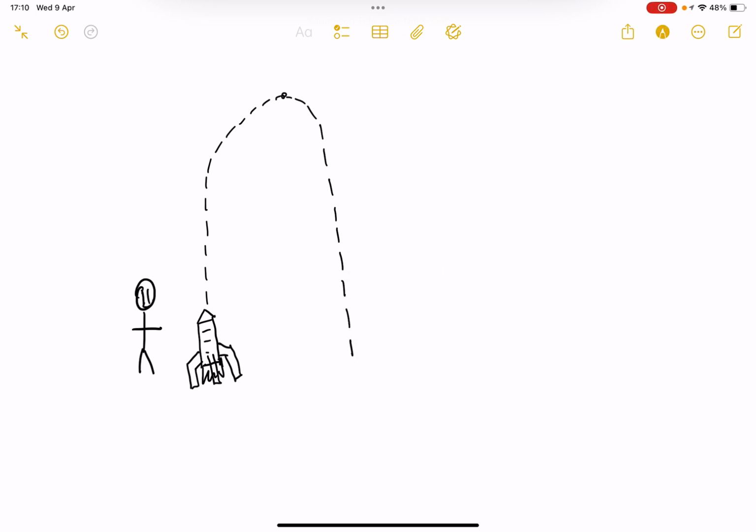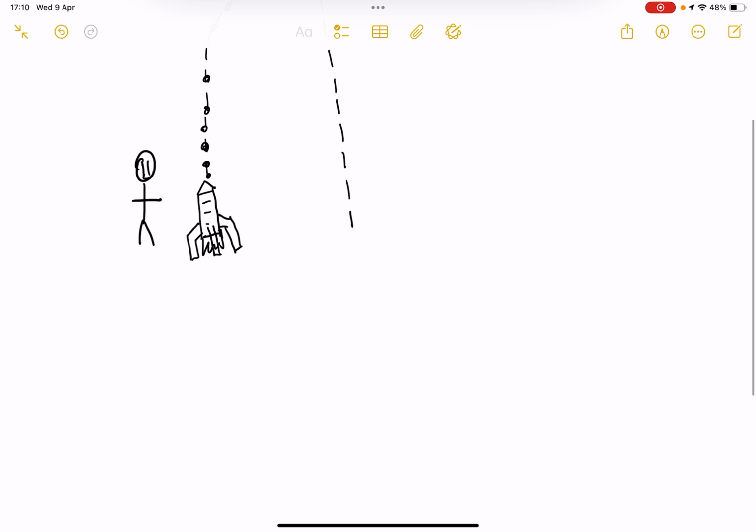Keeps going down till it finally hits the ground. That's okay. Everything has to come down at some point, unless it hits its escape velocity. So anyways, let's say you don't have the distance yet. All you measured from this rocket was the speed that it's going at in each and every single point. So let's say you have the speed of the rocket at this point, speed of the rocket at this point, here, here, here. So with this, you can now create a table regarding its speed and